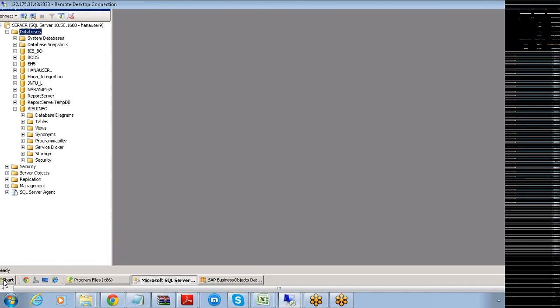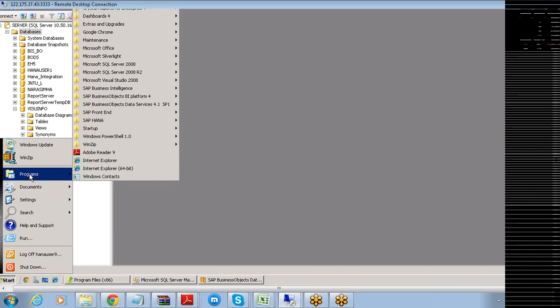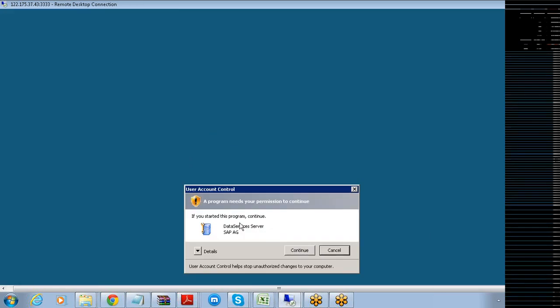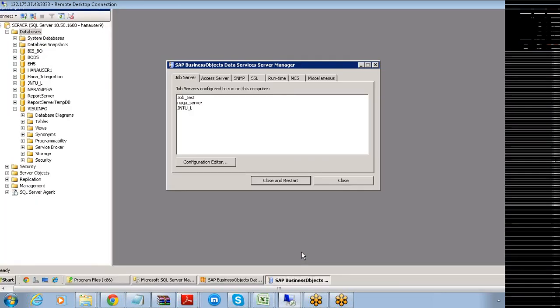Once this is done, you go to these programs, Business Objects Data Services, and there is this Server Manager. Please select this Server Manager here. Continue. I want to create a job server in BODS which is responsible for using this particular repository.